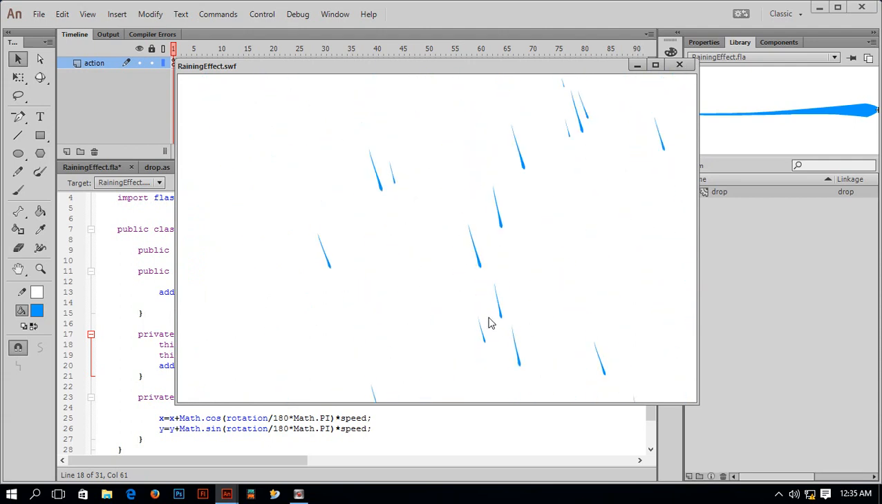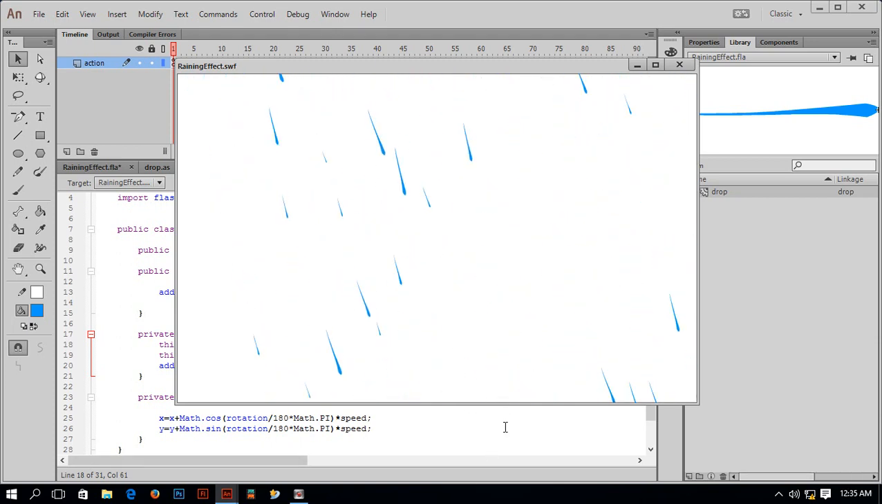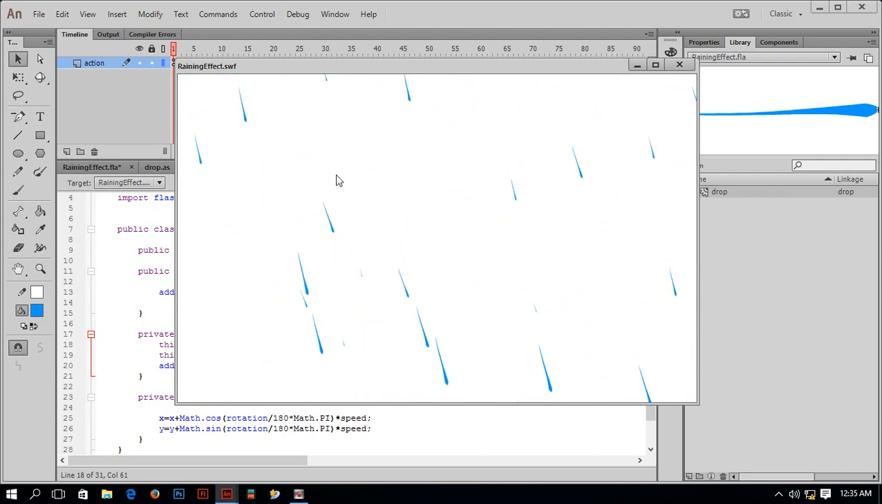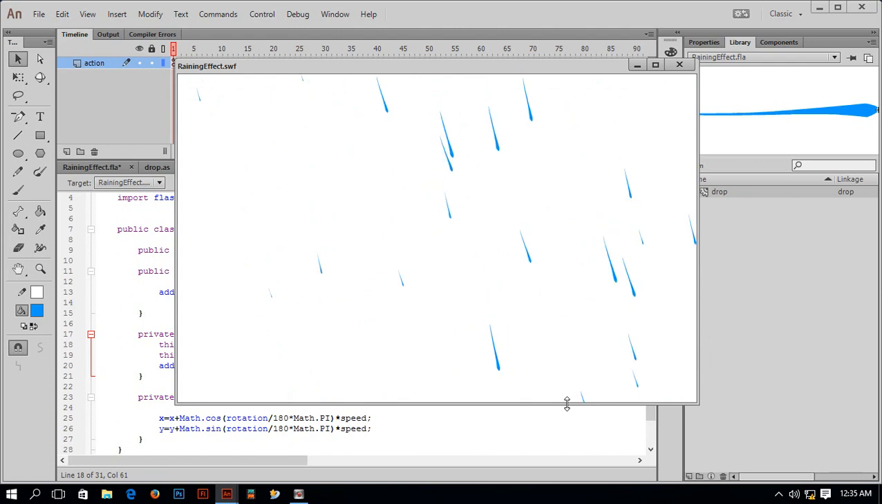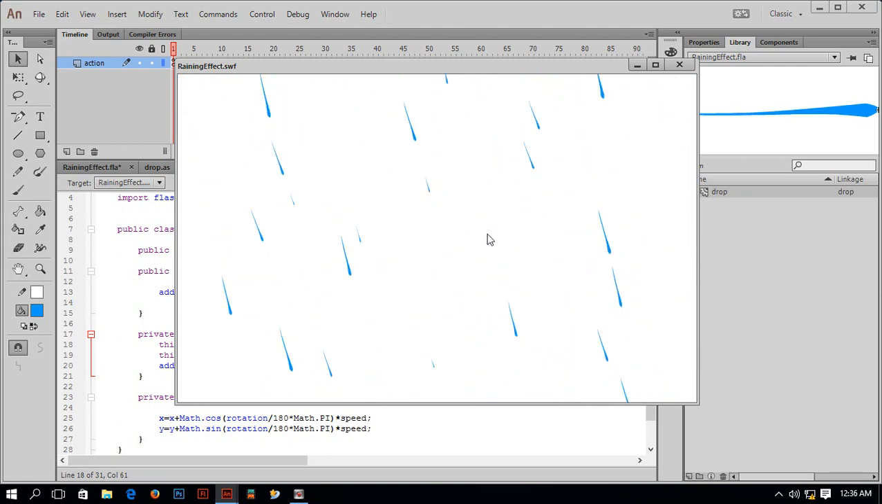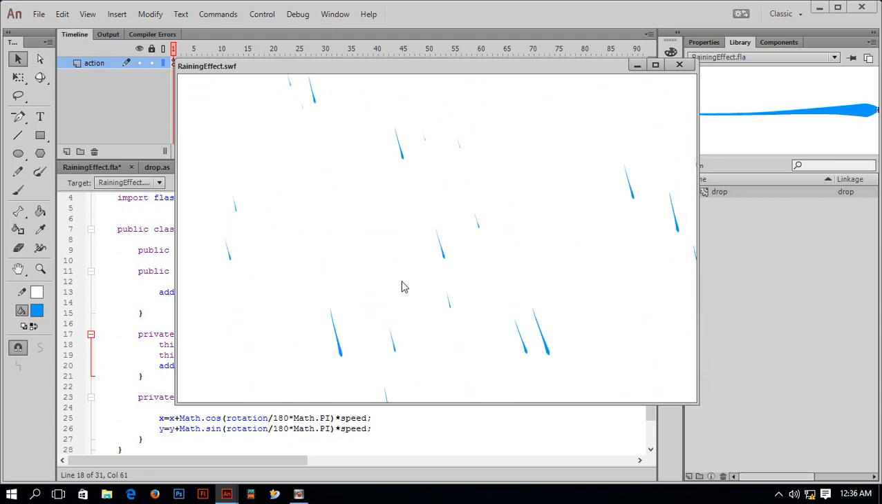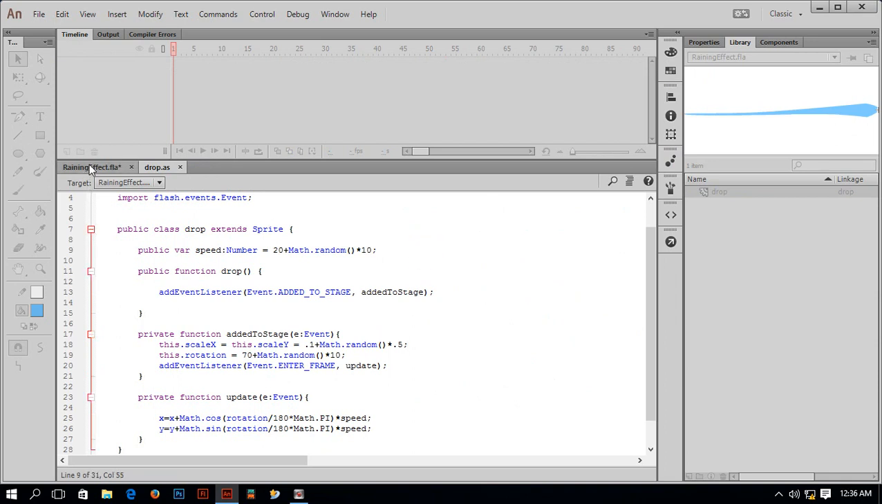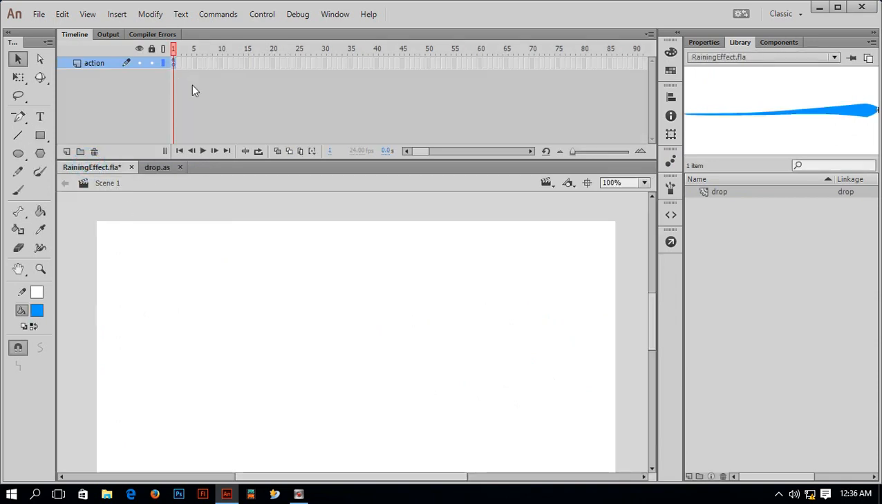Yeah, now it looks like raindrops, but you see these drops are traveling throughout this stage. If I keep running this project, it will lag and get stuck. So every time my drops go beyond the stage, I have to delete them. But I don't want the drop going beyond the stage. I want to delete it randomly here, here, or here. So go back to raineffect.fla